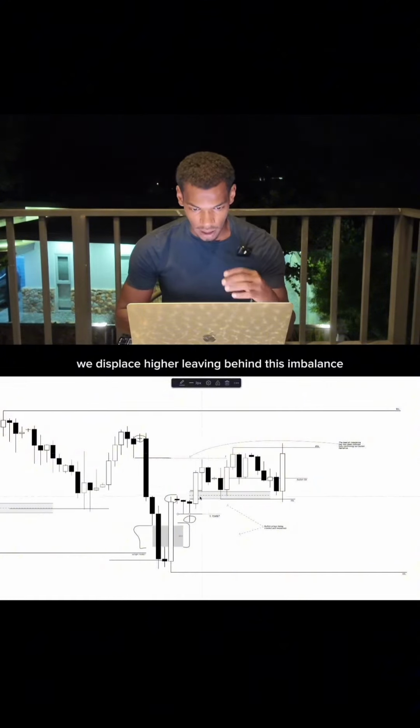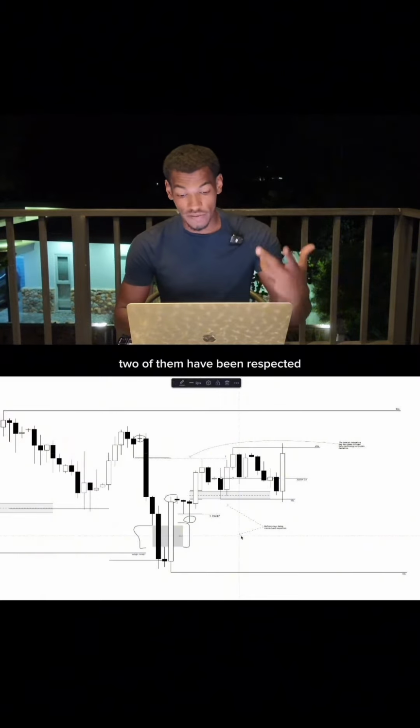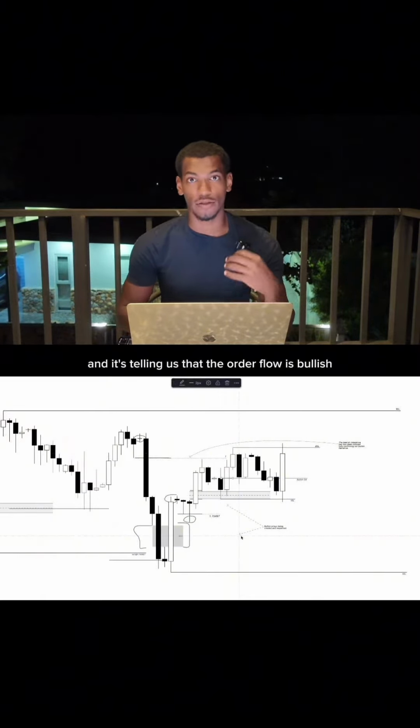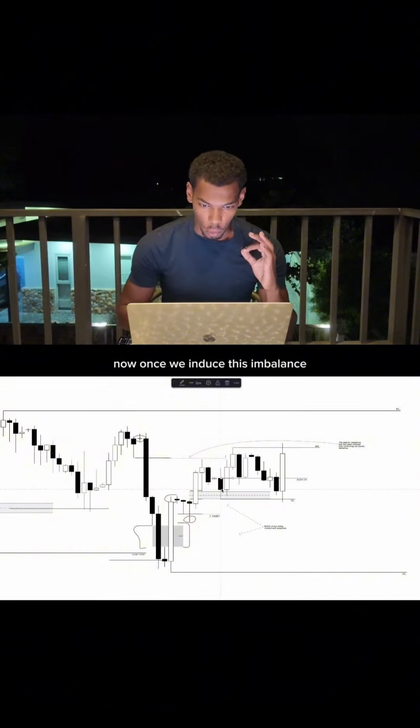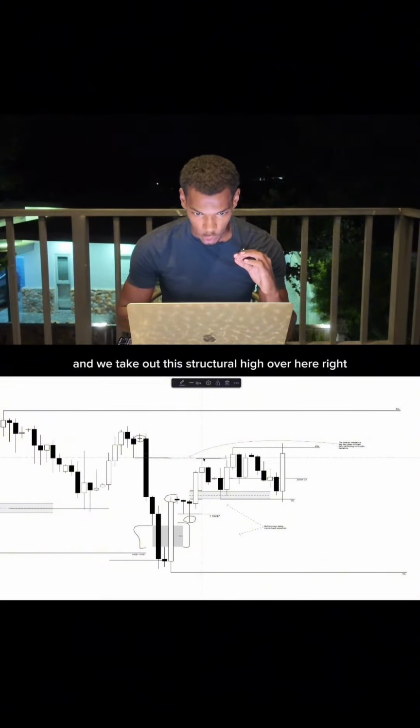We displace higher, leaving behind this imbalance. We react from that again, leaving behind an order block. So we've now created two imbalances, two of them have been respected, and it's telling us that the order flow is bullish. Now, once we induce this imbalance and we take out this structural high over here, right, once we